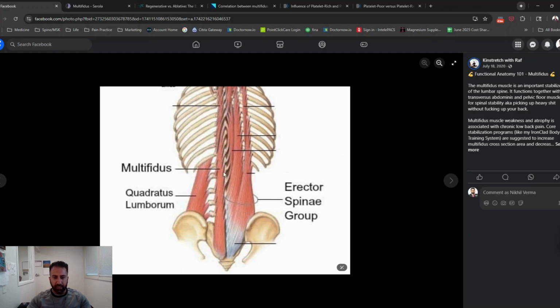And then the erector spinae group of muscles are a little bit more lateral, and they attach to different parts of the body, all the way from this fascial tissue up through to the upper thoracic spine, rib cage, et cetera. What I was correlating to with my own back pain was when I learned how these muscles actually operated in doing things like proper hip hinging, which